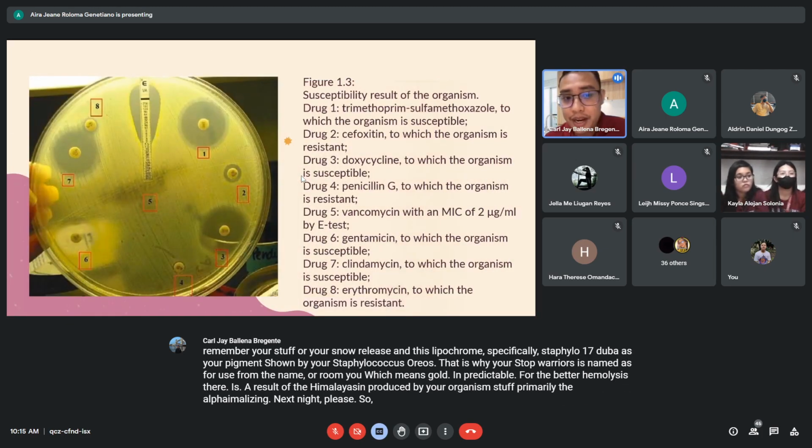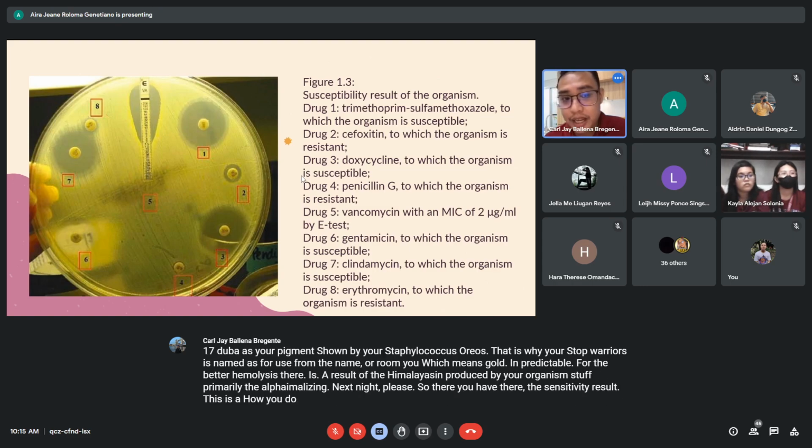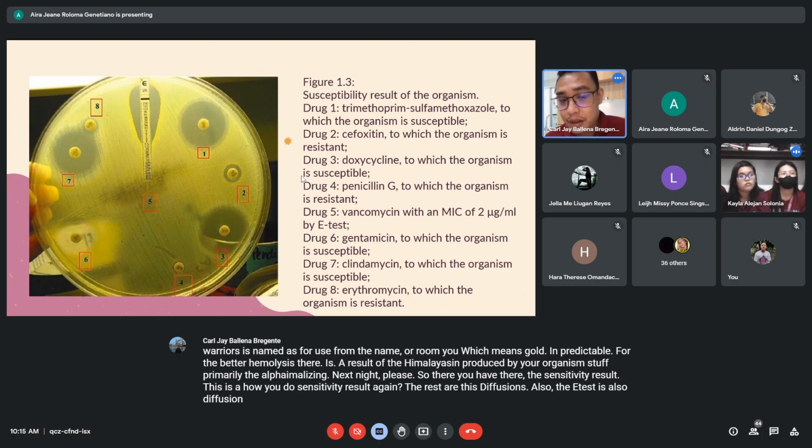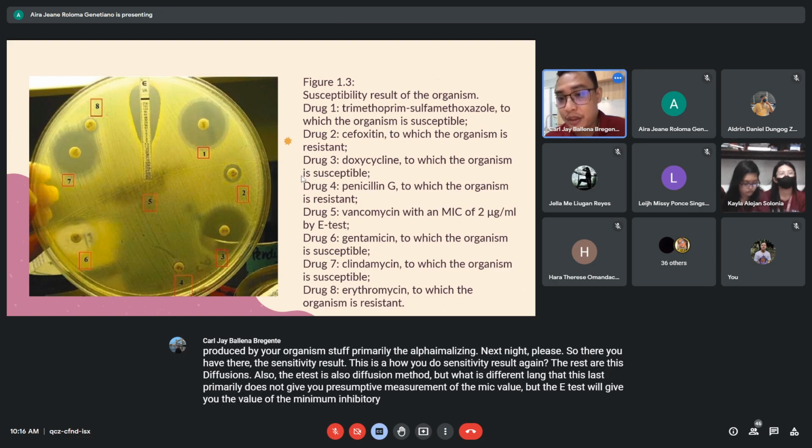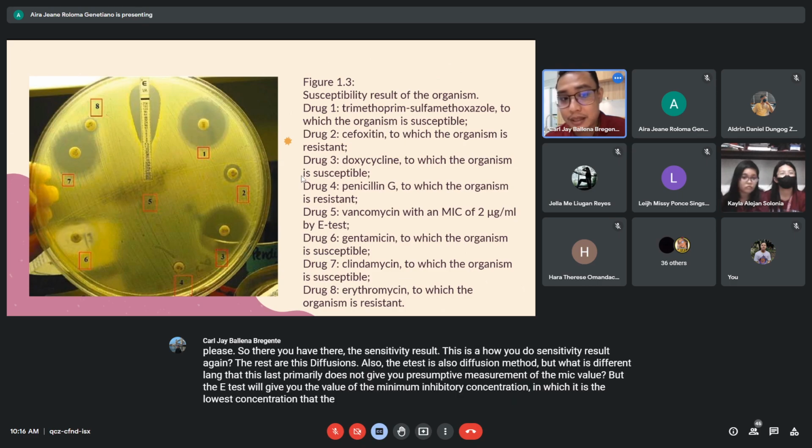So there, you have the sensitivity result. This is how you do sensitivity testing. Again, the rest are disk diffusions. Also, the E-test is a diffusion method. But what is different is that the E-test will give you the value of the minimum inhibitory concentration, which is the lowest concentration at which the drug inhibits the organism. So in CLSI guidelines,